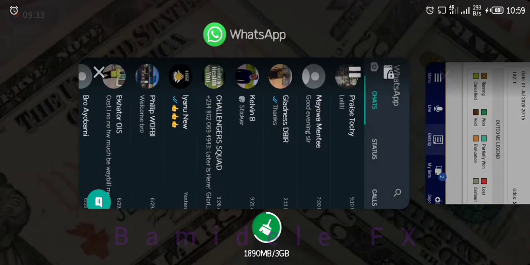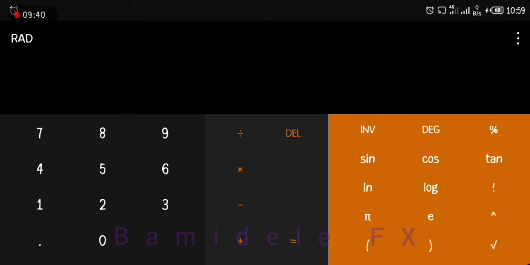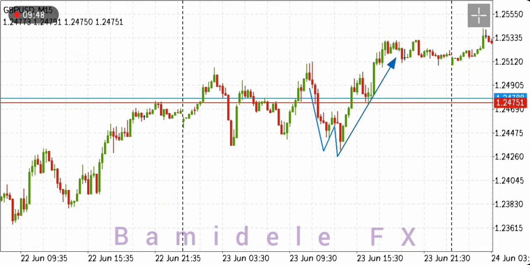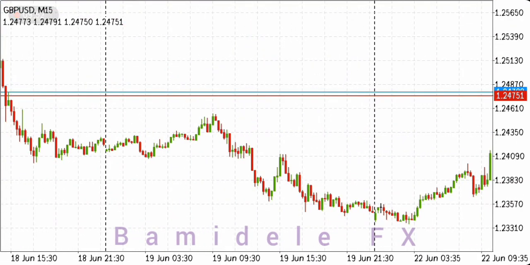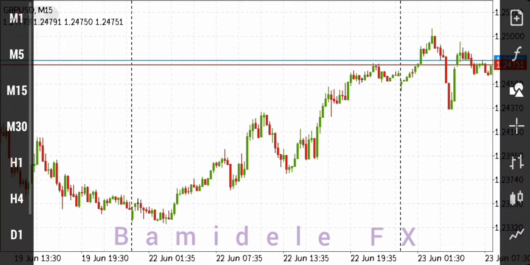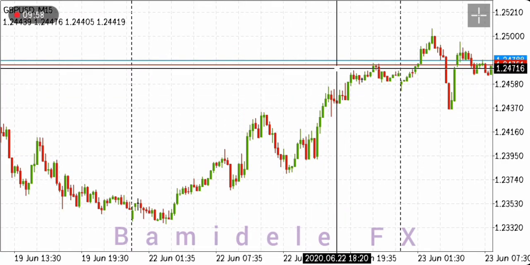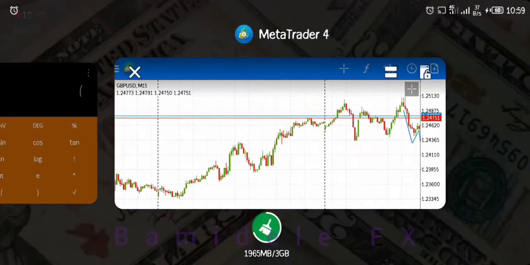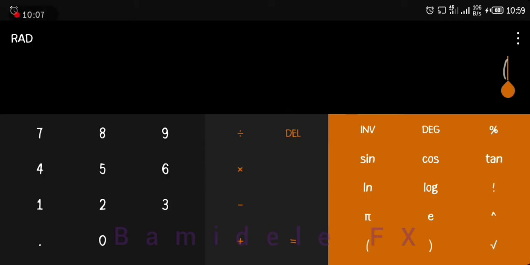Where's my calculator? Okay, let me get that here. Calculator. Alright, so what was that? Let's go back there. So June 22nd, yes, the 22nd. The highest for the day, the highest point on the market, the price was at what, 1.24765. So you put that down in the calculator, open a bracket,